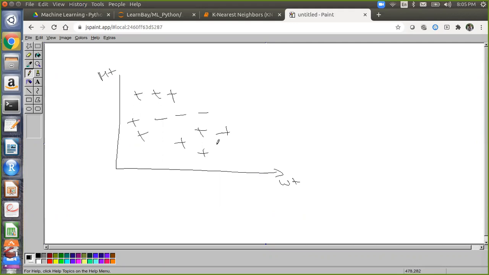Now suppose you got one point which is unknown. Now you have to identify the class of this particular point. What I'll do is check for the nearest neighbors. All these are the nearest neighbors for this particular point, and all the nearest neighbors have the class plus. So the final class assigned for this particular point will be plus. Similarly, if I get a point somewhere here, the nearest neighbor is minus, so the final class assigned will be minus. It is as simple as that. So this is why the name has been given as k nearest neighbor algorithm. Okay, now again I'll go back.